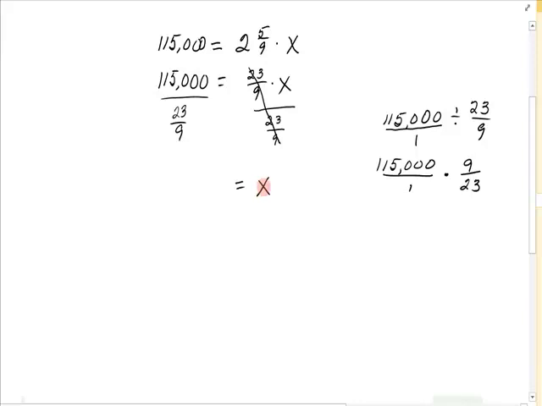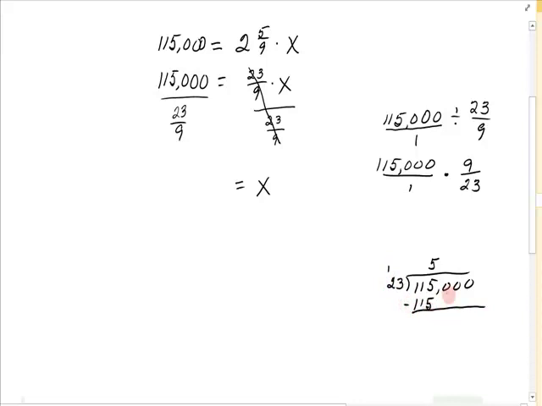Because x is, I know it's going to be a whole number because it is the number of voters, and we're not going to have a fraction of a voter. So I believe that 23 will go into itself once, and 23 will go into 115,000. Let's see how many times. 23 doesn't go into 1, doesn't go into 11, but it does go into 115, and it should go in about 5 times. 5 times 3 is 15, carry the 1. 5 times 2 is 10, plus 1 is